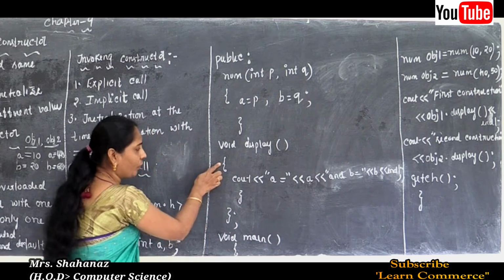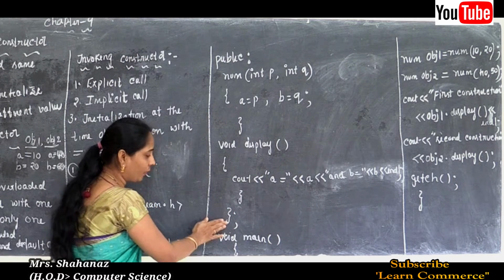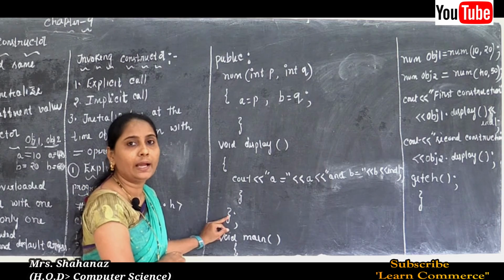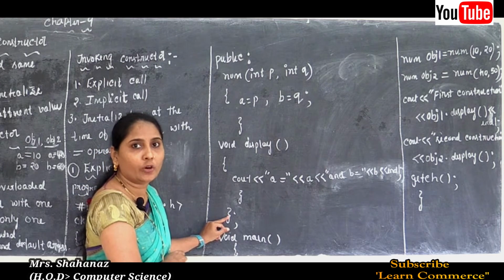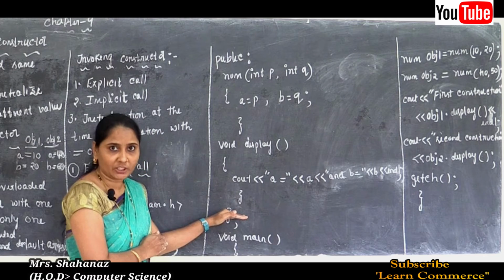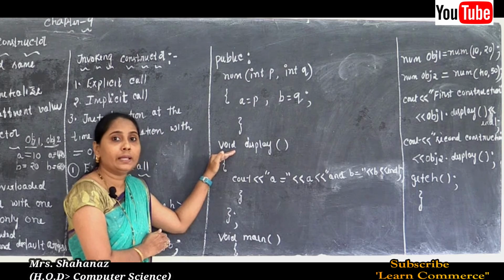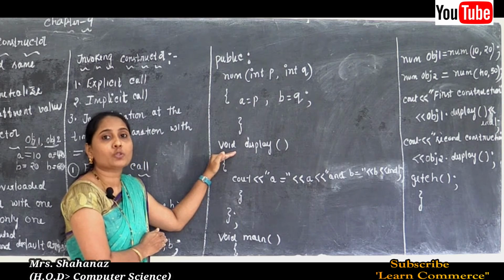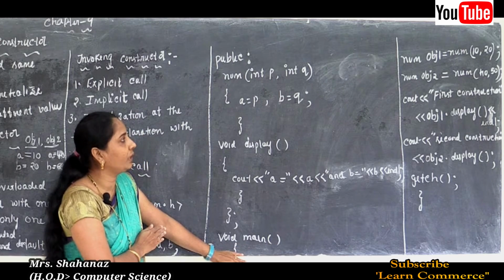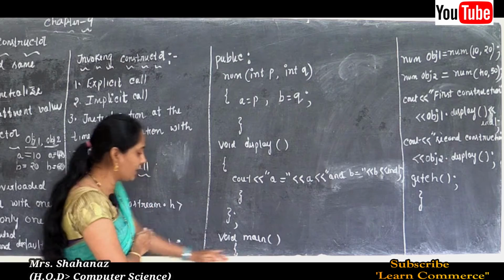Then opening of the flower bracket and closing of the flower bracket, and one more flower bracket with a semicolon, and this is called the end of class definition, okay. And we already know that any definition is used inside the class. In case you want to use a scope resolution operator, such one is used outside the class, but here there is no scope resolution operator, okay, here it is going to be used in this program.